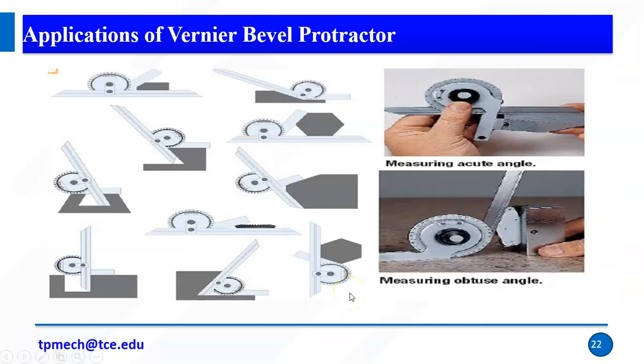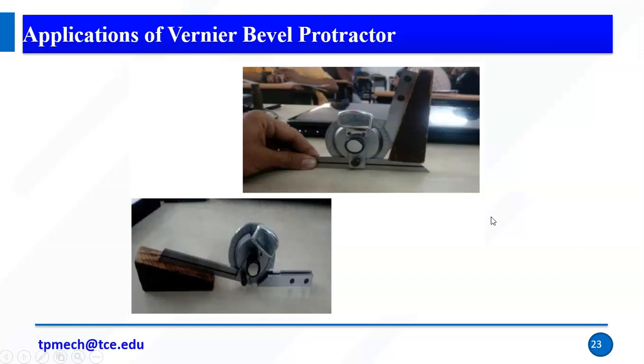So these are some of the images. So we can measure. So this is our ordinary bevel surface, the internal bevel. This one is like a V groove. So V groove or hexagonal, right? Hexagonal shape or other shapes. So based on our workpiece shape, we can measure the angle by varying the attachments. Attachments are very funny, right? So again, this is also another type of application, right? So vernier angle, semi-vertical. This is like horizontal. So we can measure both ways. We can place it vertically and measure, or place it horizontally and measure, right?